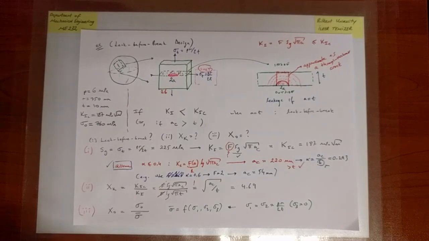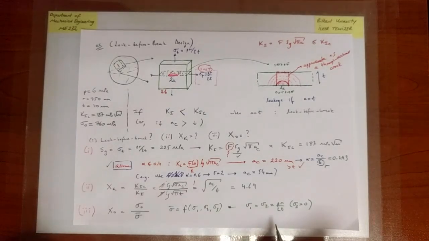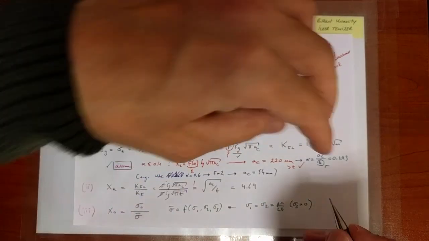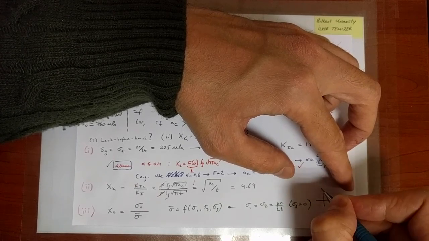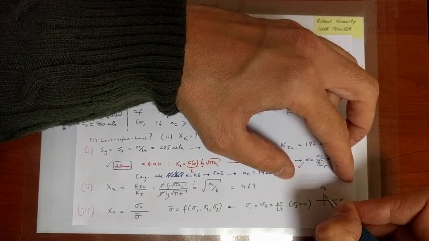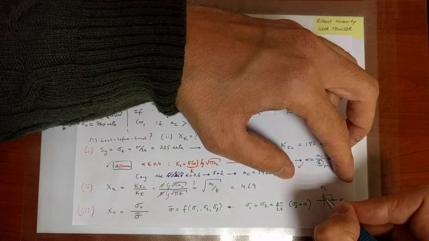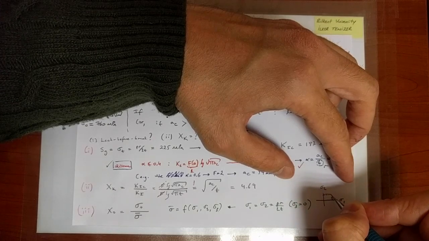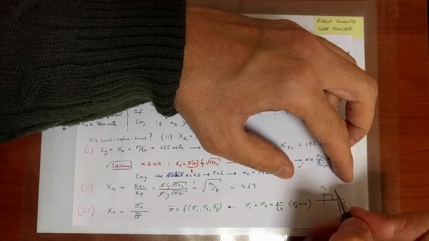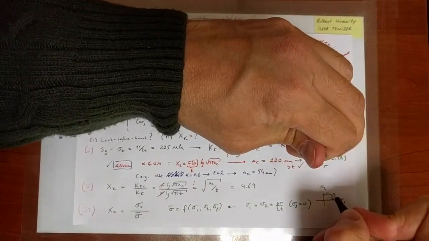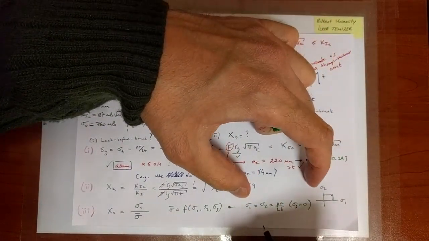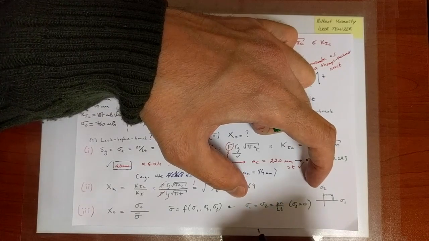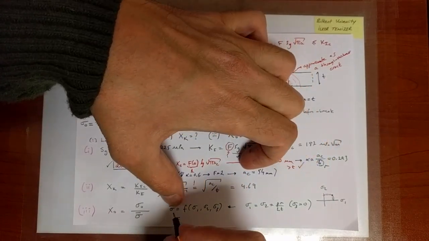Okay, and that comes from, at this point, you may wish to either use the equations for the von Mises or Tresca criterion, or you may wish to remember the failure surface for the Tresca and von Mises criteria in the sigma 1, sigma 2 space when sigma 3 is 0. This is Tresca, and a smoother line in the first quadrant would be von Mises. We are presently at that point, sigma 1 is equal to sigma 2 equals PR over 2T. And then you can go ahead and calculate what the equivalent stress is, and that is equal to